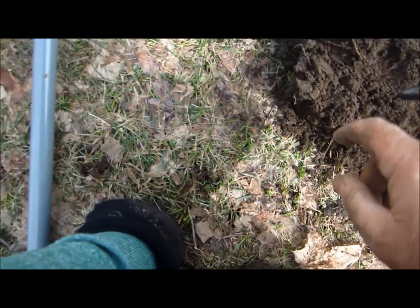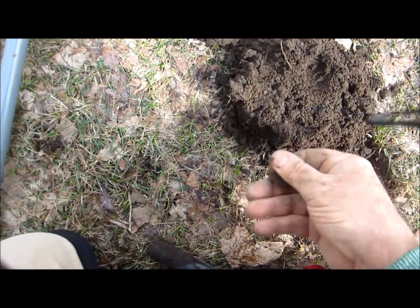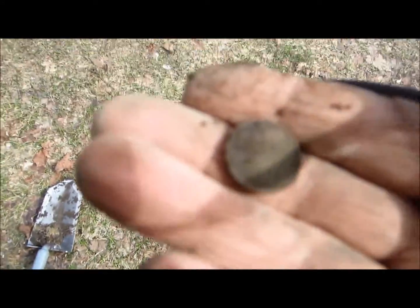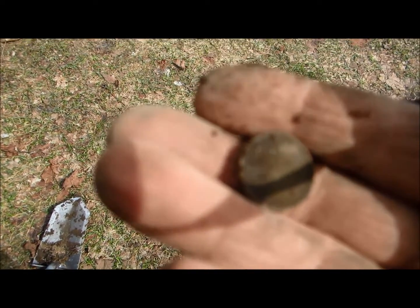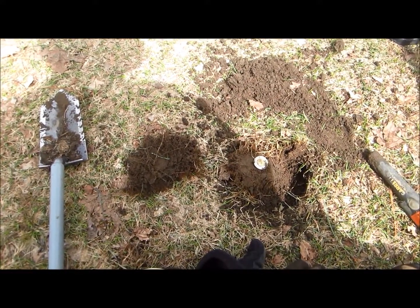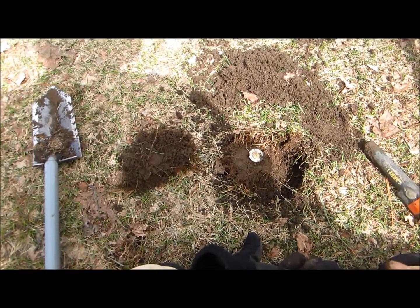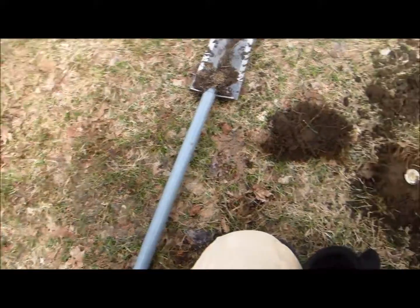I don't know if you can see that, but right about there. Yeah, another penny. I'll take it. Keep going. So, no sooner did I complain about the pennies, I'm not even maybe 3 or 4 feet away